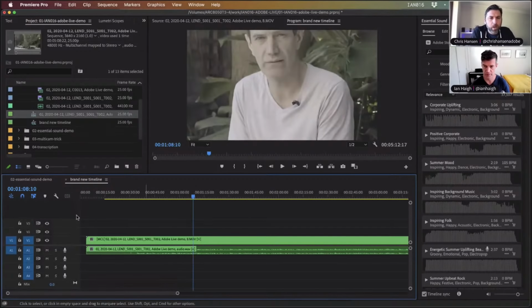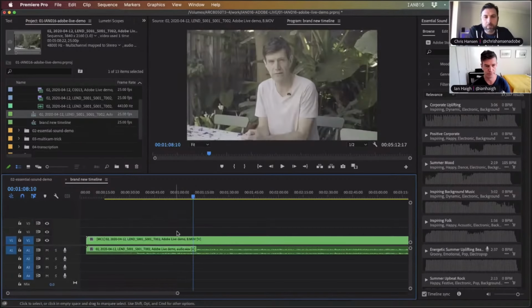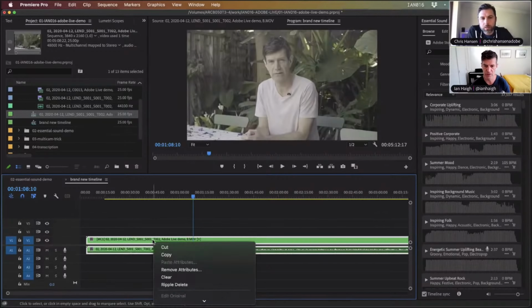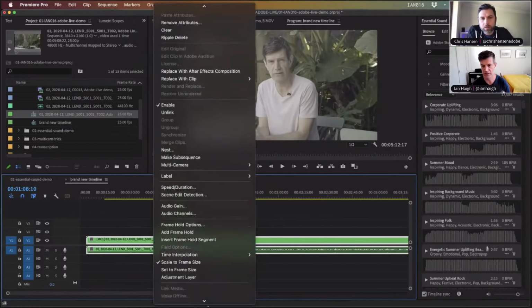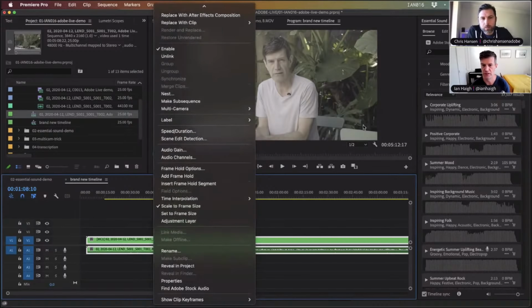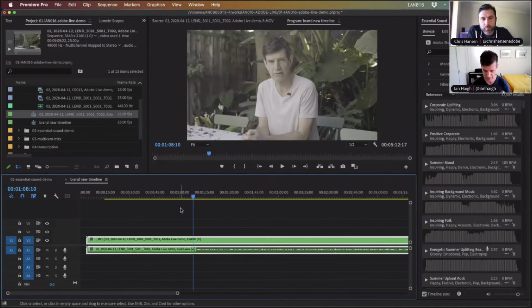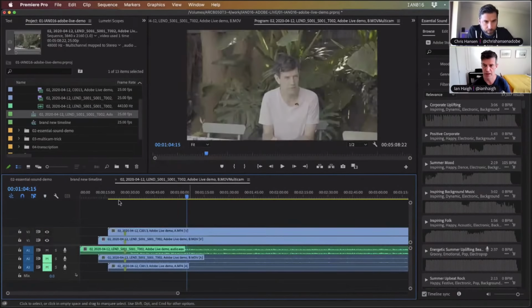So it's kind of like it's nested them. If I go into here, and again, it's another one of those moments where I don't know how to do it with the menus. I've set up a keyboard shortcut, but if I open that sequence up, that nested sequence, you can see here